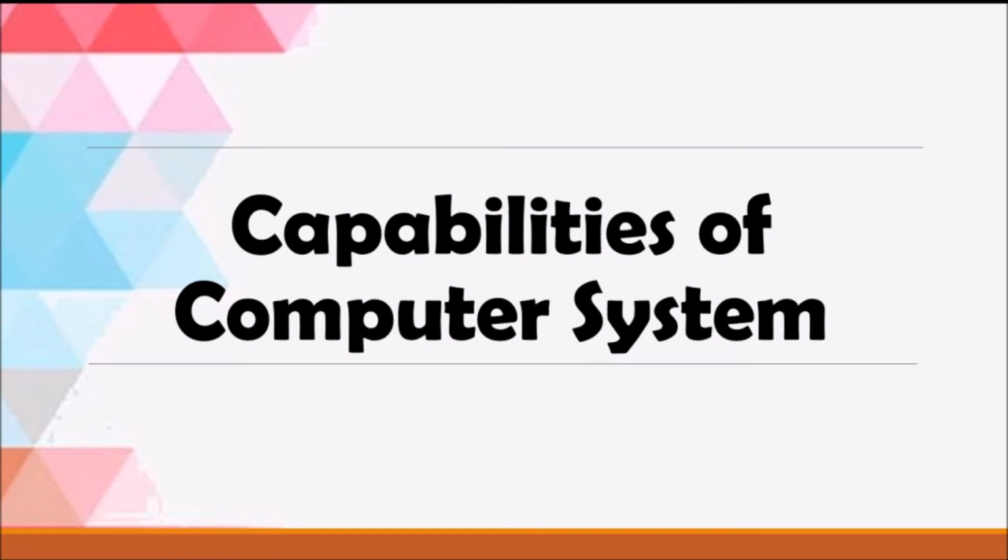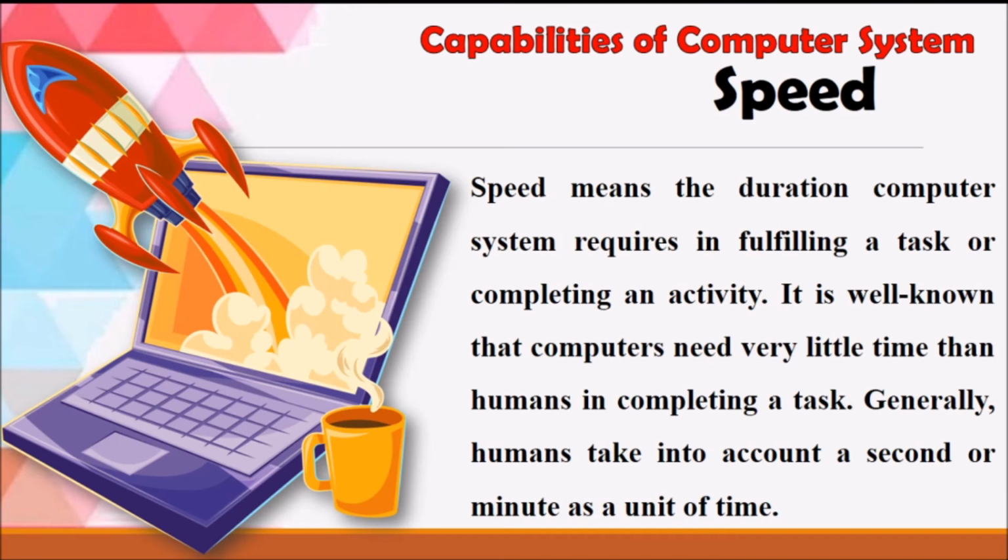So please remember the previous topics and subtopics are related to computer basics. Then we have to think about what the capabilities of a computer system are. What are the positives? We already know very well the computer has enough speed, which helps to store the data very quickly, process the data very quickly, and also bring the output of the process very quickly. That is possible through the support of computers.